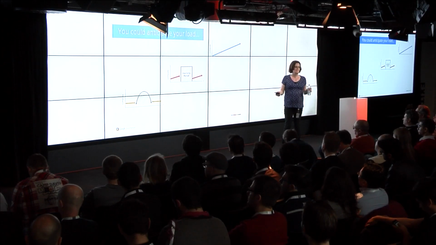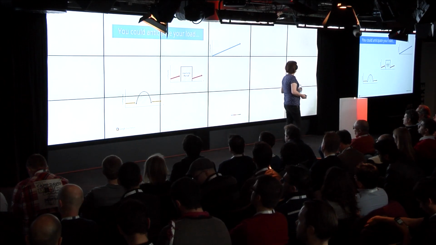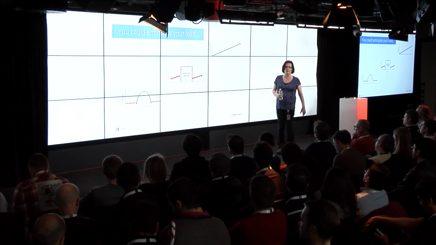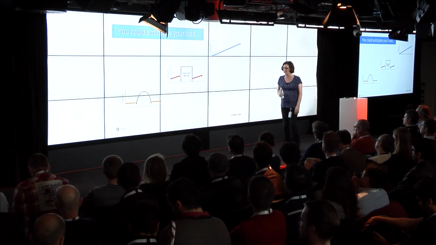What about anticipating your load? What are you going to build first? How many people are you going to get using your application initially? What happens if you get TechCrunch? What happens if you get slash-dotted and suddenly the load on your application increases ridiculously rapidly overnight? How do you handle these kinds of spikes?